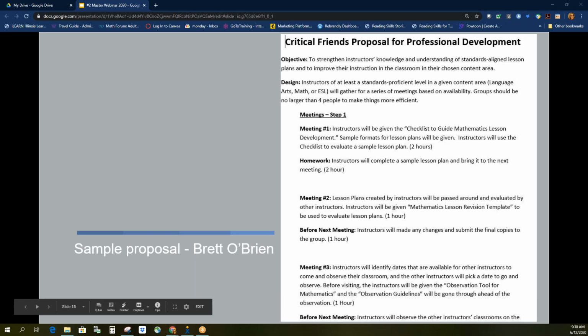But maybe a lot of your critical friends work in your plan is done independently and you're emailing back and forth or sharing in a Dropbox folder or something, and everybody's kind of evaluating each other's work at a distance. That's another option, right? If you don't have a lot of synchronous time to meet. So just be creative and be realistic about what you think might work in your program.